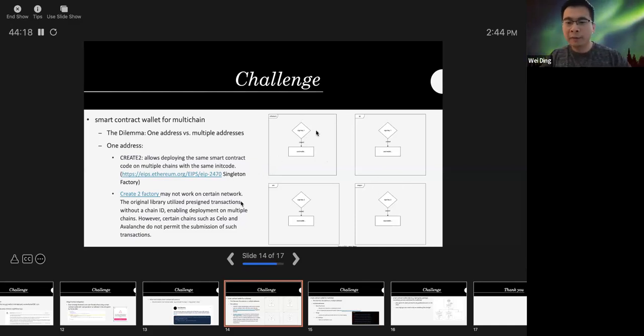As I mentioned, if the user has the social recovery feature and replaces their key after using their smart contract for, for example, 2 years, and later a new layer 2 appears, the user may want to have the same smart contract address on the new layer 2. However, they already replaced their original signing key using social recovery.